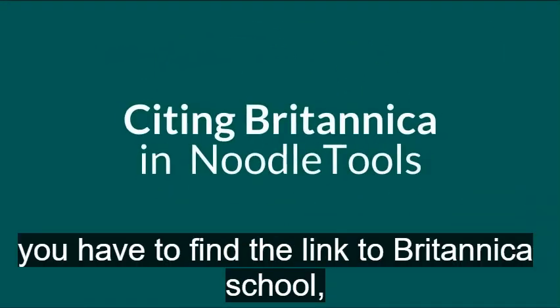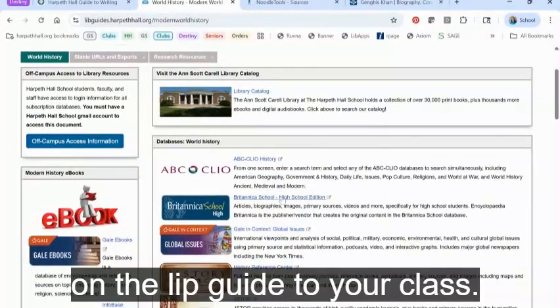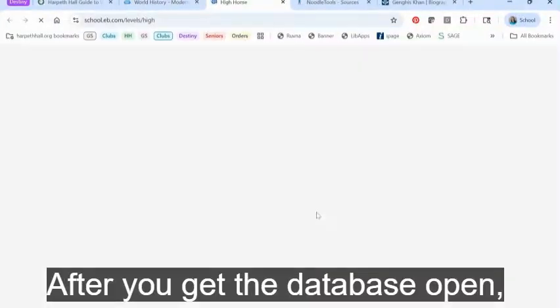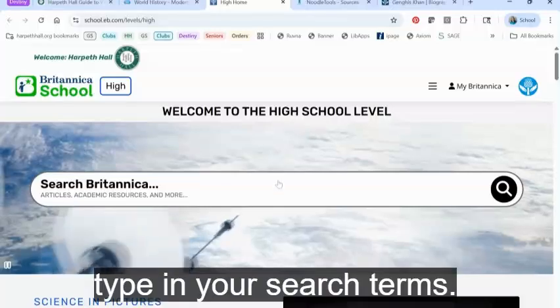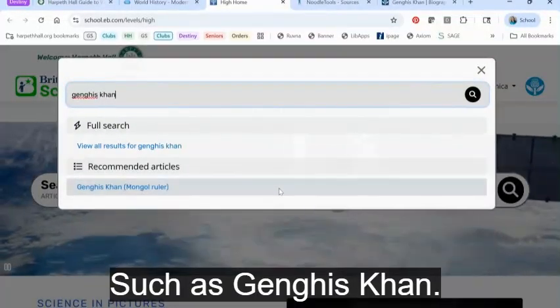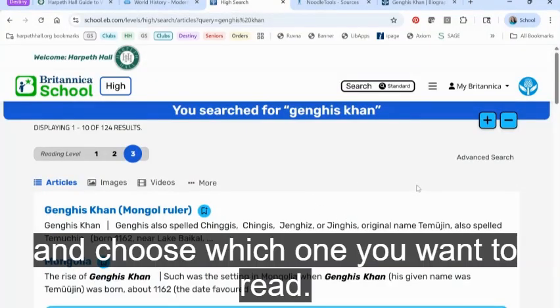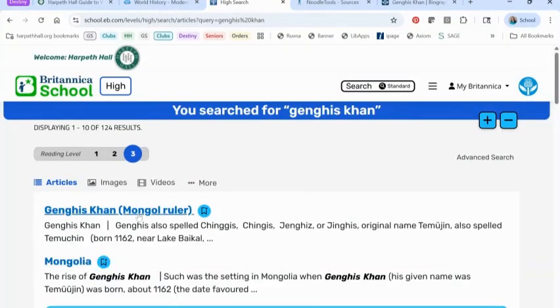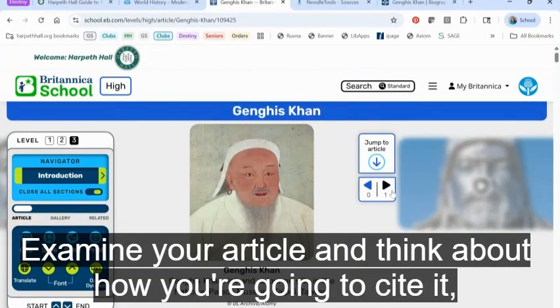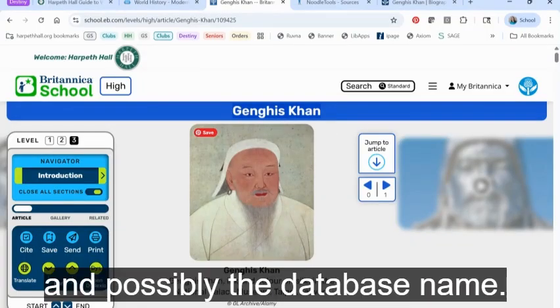First, you have to find the link to Britannica School, for example, on the LibGuide to your class. After you get the database open, type in your search terms, such as Genghis Khan. Scroll through your results and choose which one you want to read. Examine your article and think about how you're going to cite it, looking for elements like the article name and